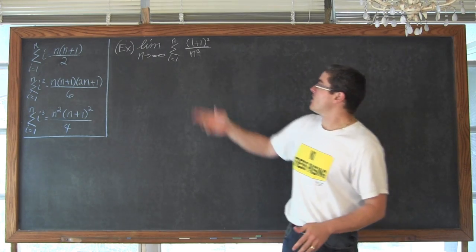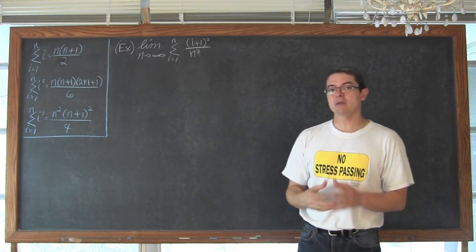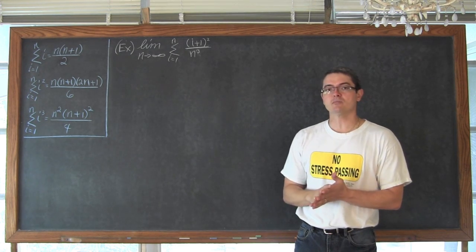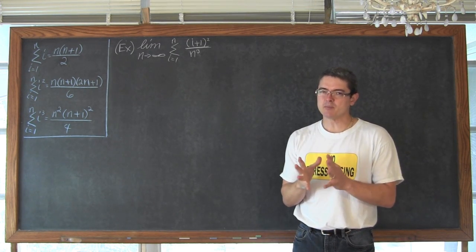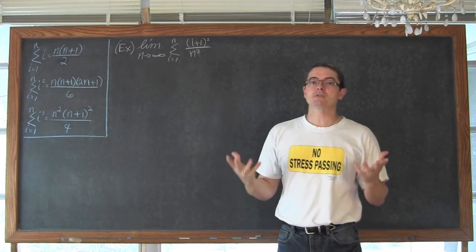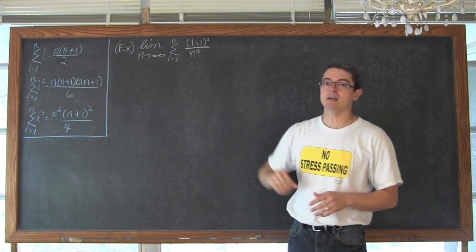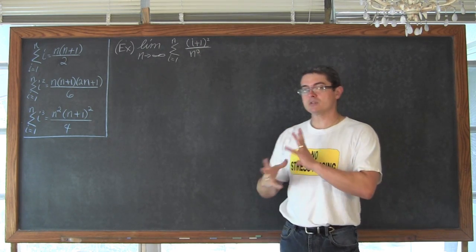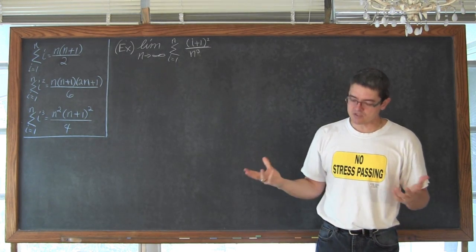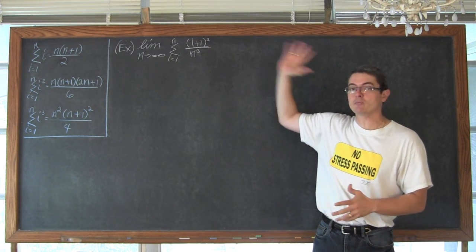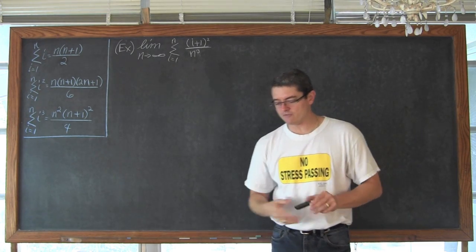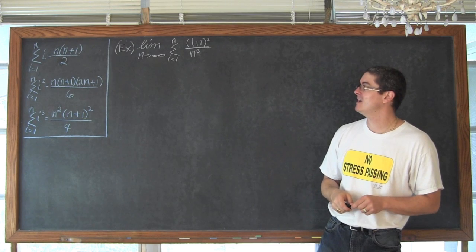That being said, I tried to do some little fancy substitution to make this numerator simpler and adjust the limits on my summation symbol, my sigma notation, and I kind of messed it up a little bit. So I'm just going to keep it simple. Maybe I'm doing a couple more steps than I really need to, but I'm going to keep it simple. I'm just going to expand this (i plus 1) squared, do some algebraic manipulations, and get to the right answer. So I'm not going to try and do anything fancy. I'm just going to do the problem out the best way it works for me. It's quite a number of steps, though I don't think you can really avoid that with any of these problems. They tend to be extremely long.